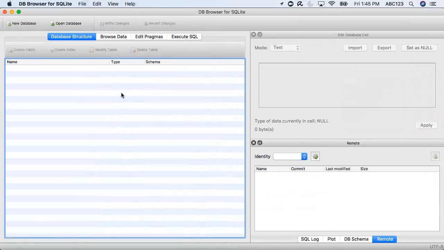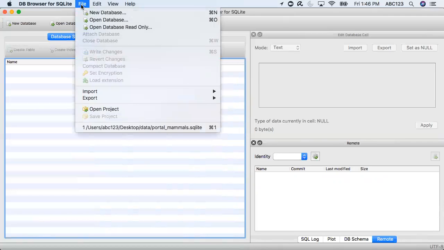So we have a bunch of CSV files, and we can import the CSV into this little software and build our database. I'm going to do a little demonstration. If you go to import,